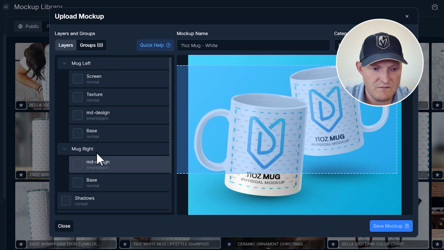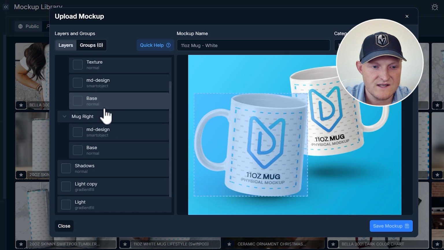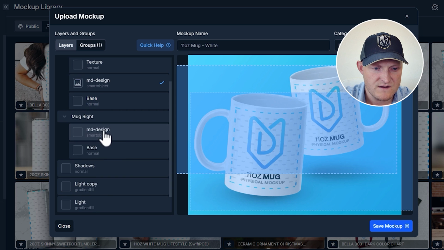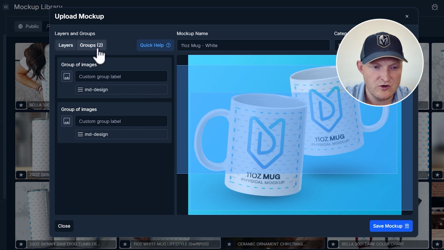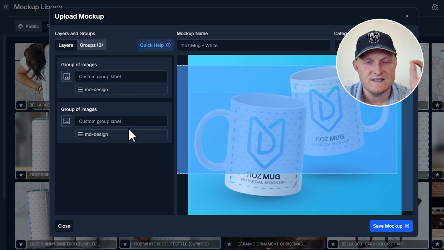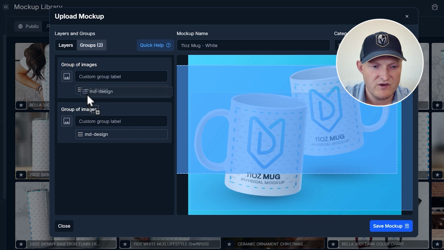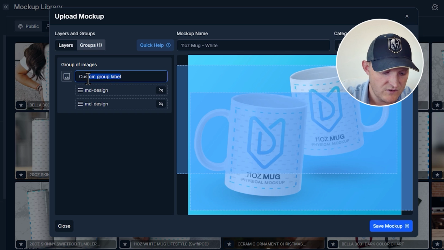So you got mug left and mug right. What I wanted to show you here, obviously there's 2 smart object layers. So I'm going to make both of those as image layers. And now it's going to create 2 groups. But because we're using the same print file, what you want to do in this case is condense these groups. So grab this layer, just move it up to the first group. And now we can just rename this to print file. That way it uses the same input file, your same design that's already set up for the perfect template for